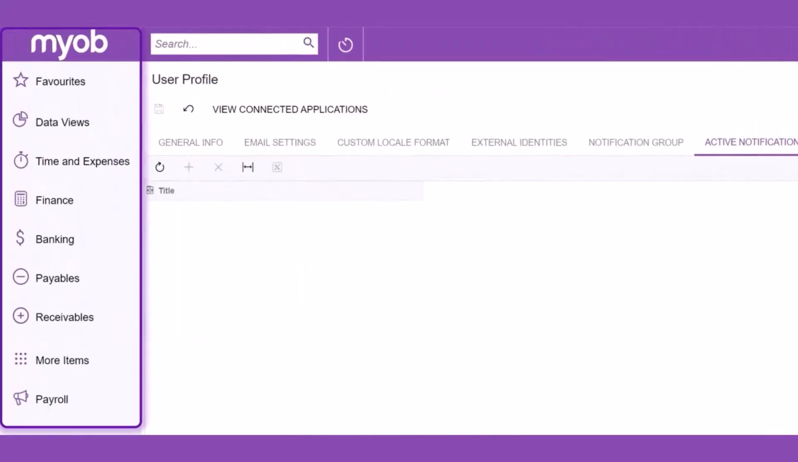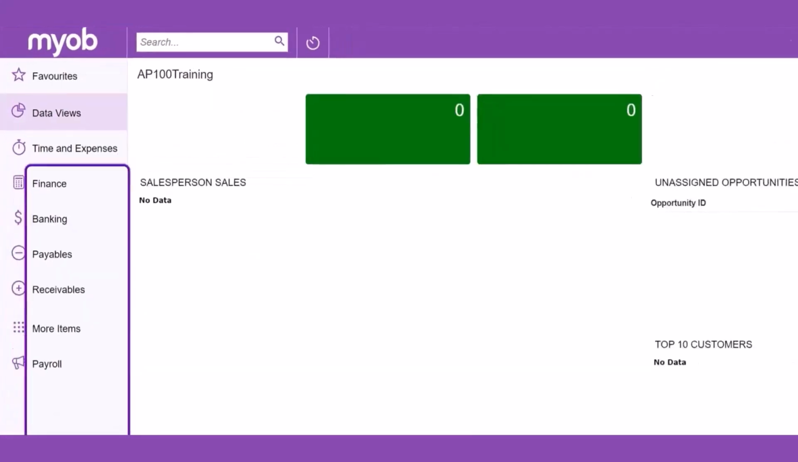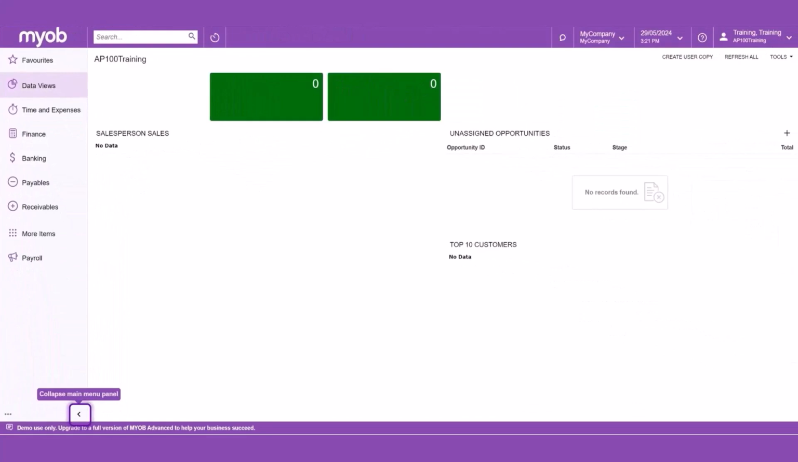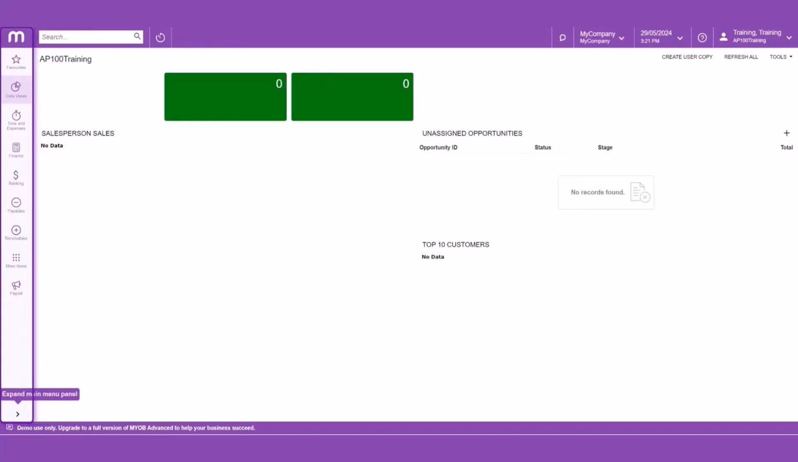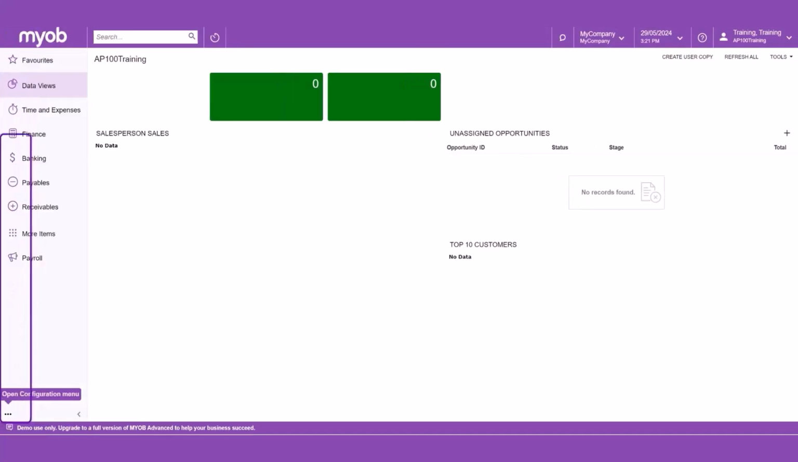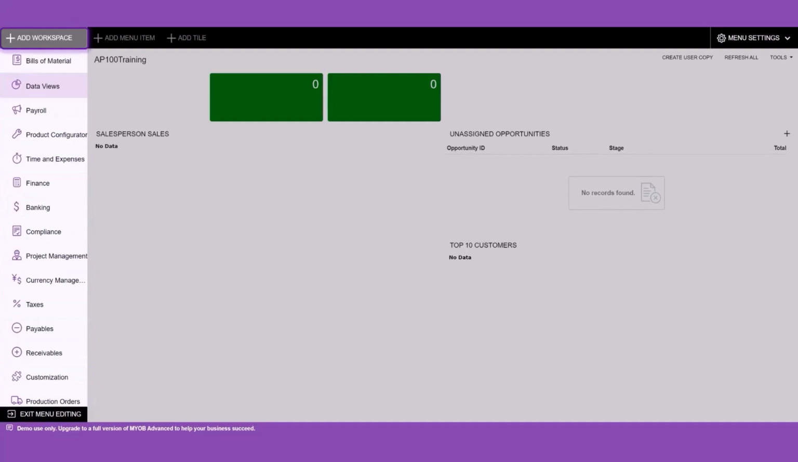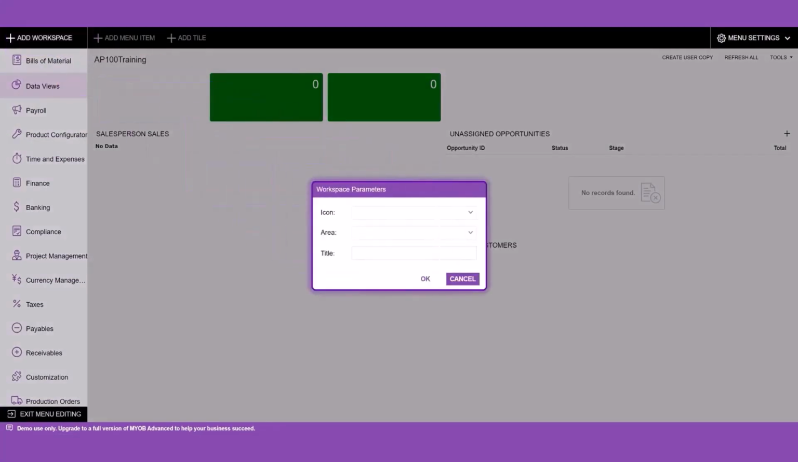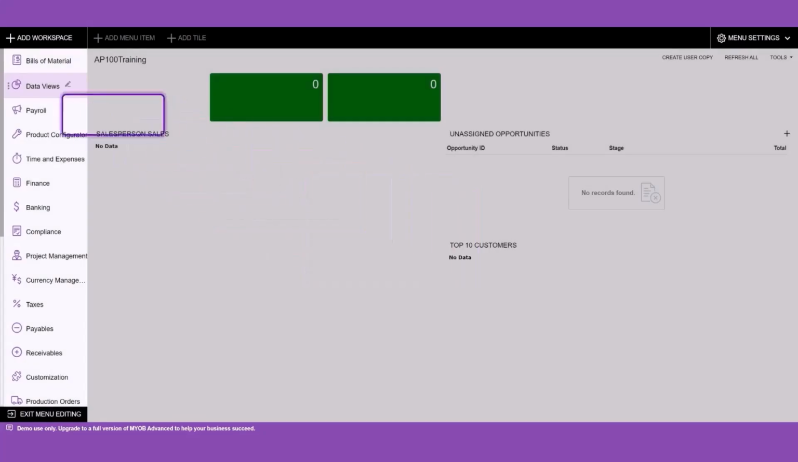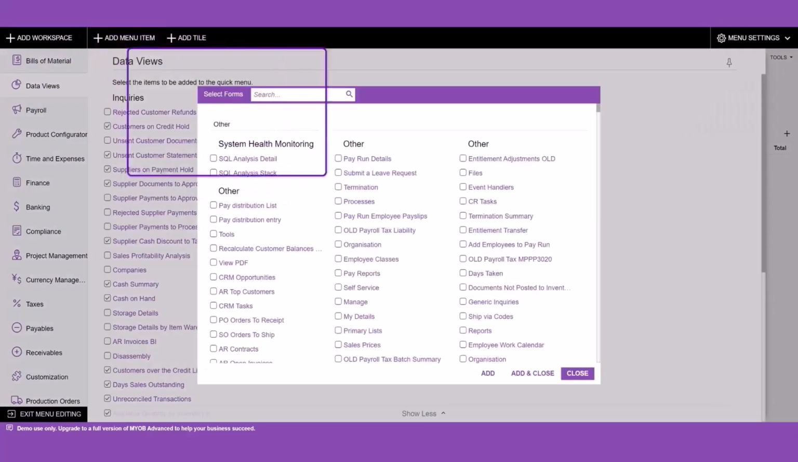Here, you can view all the modules that are available to you. Your view may differ from others due to licensing or user access. By clicking the arrow, you can expand the menu and click the ellipses. Then, edit the menu or collapse to the top. With the Edit menu selected, you can add to the workplace. Add a menu item